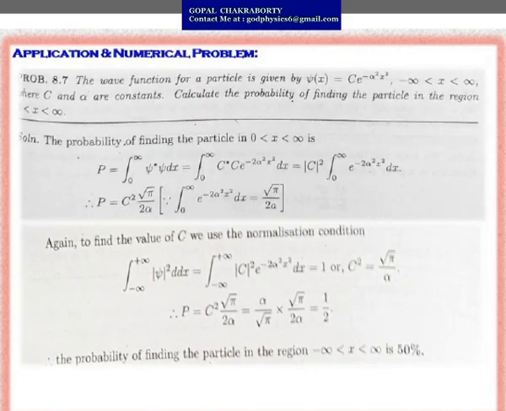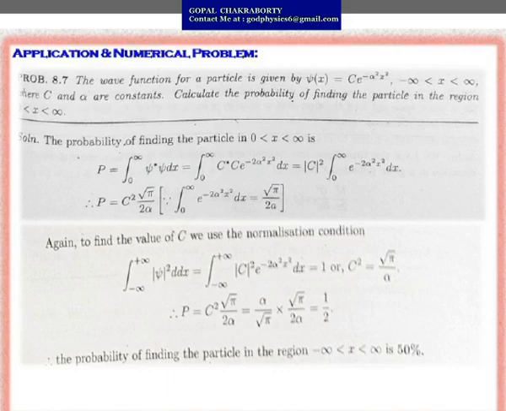Now another very important problem. The wave function for a particle is given by psi of x equals c e to the power minus alpha square x square, where x is from minus infinity to plus infinity, and c and alpha are constants. Calculate the probability of finding the particle in the region 0 to infinity. So here